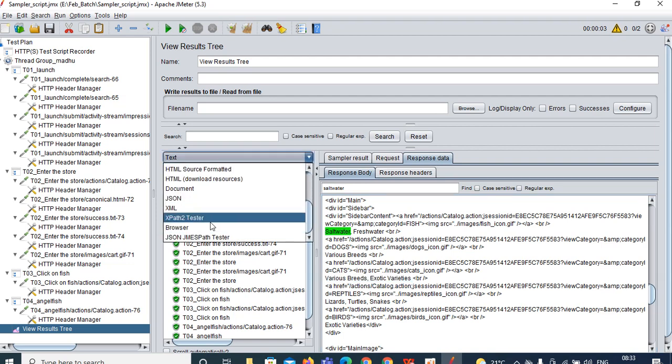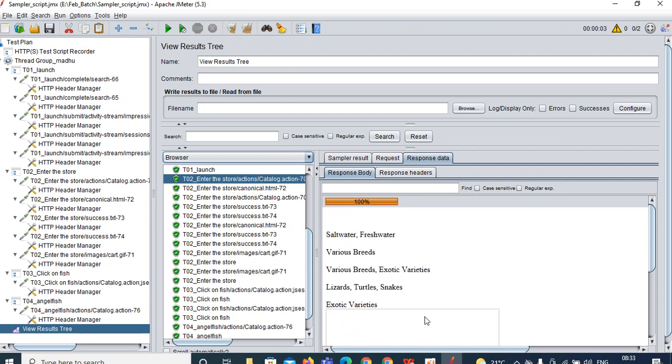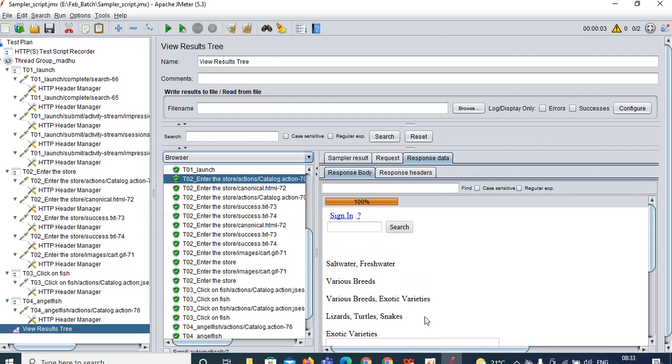In the browser we can see visually, how that page comes up, by enabling the browser and all. So why am I telling you that you can enable the browser? Verifying and searching the text is a time-consuming process. If you enable this browser, you can easily identify whether you have landed on the expected page or not. You can validate it.